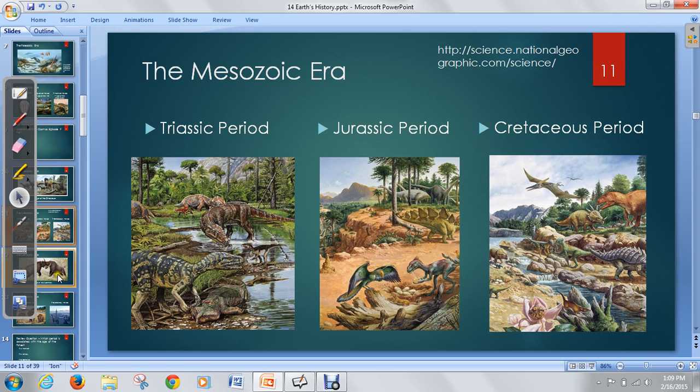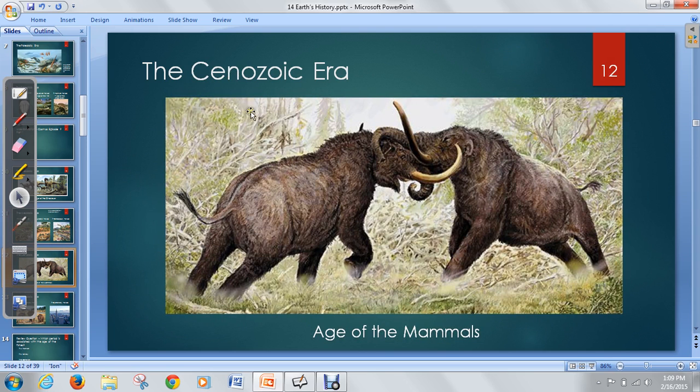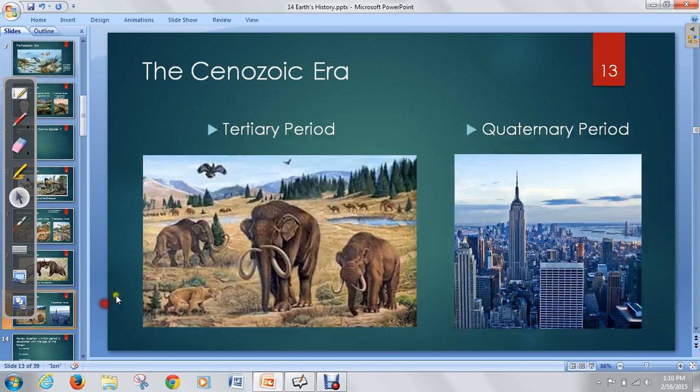That allows another type of life to come into play, which brings in the Cenozoic era, which is the age of the mammals. Things like mammoths and saber-toothed tigers, and rats and all types of animals. The fur starts to come out, and we get the Cenozoic era, the age of the mammals. That is broken into 2 parts: the Tertiary period and the Quaternary period. If you think about the Tertiary period, you can think mostly of the movie Ice Age, without the ice. You have lots of mammoths and saber-toothed tigers and things like that.